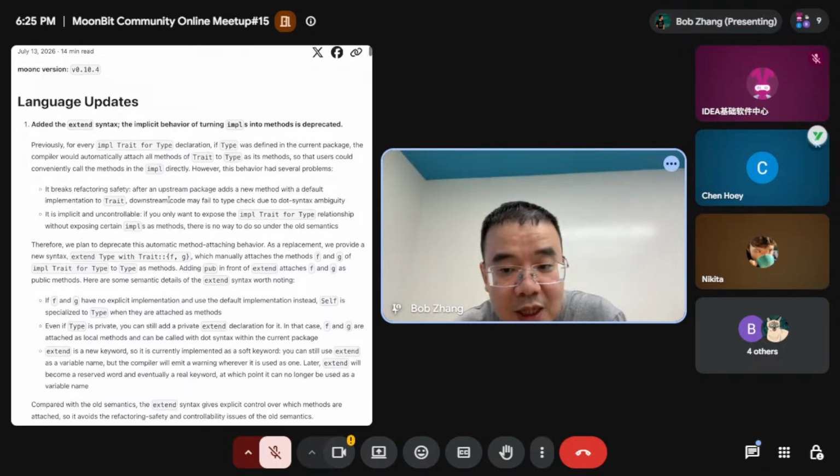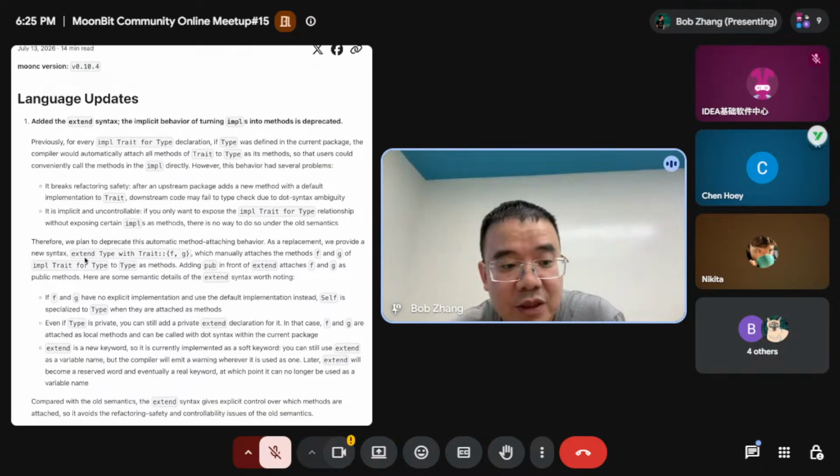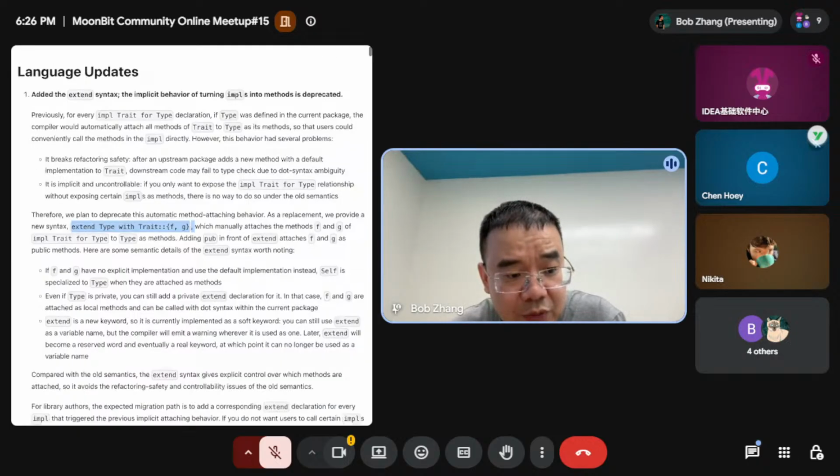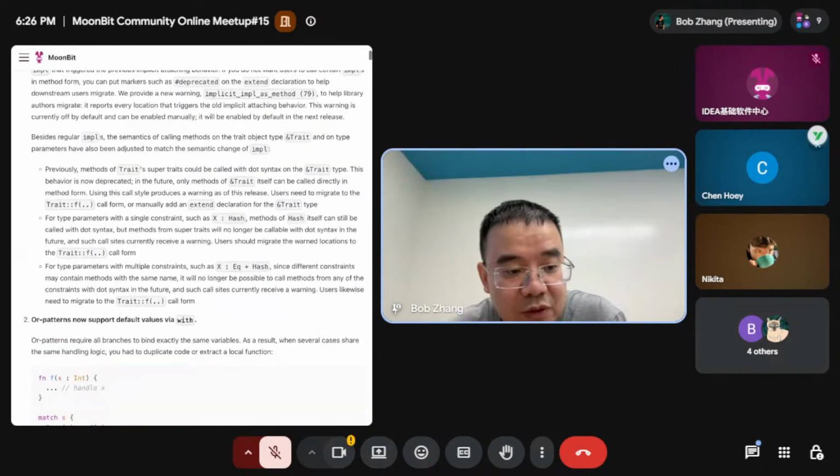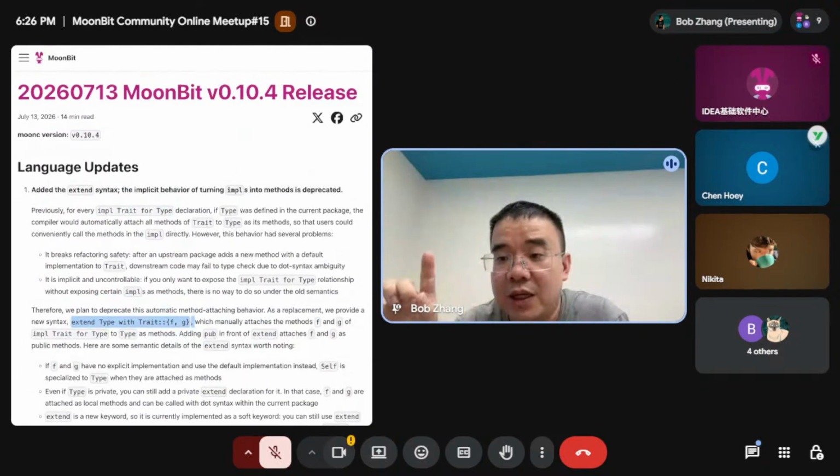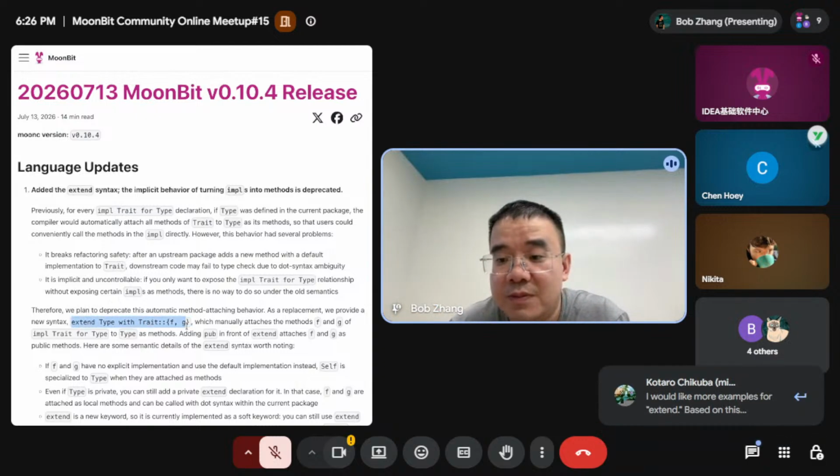So we want to make it explicit. If you really want to make the trait method a type method, you have to write extend with the trait method. It's slightly more verbose, but I think it's okay because nobody writes code in this case, it's AI that writes all the code, right? And we have a transition period, during which you have to declare extend. But if you don't really want to promote the trait method to a method, then